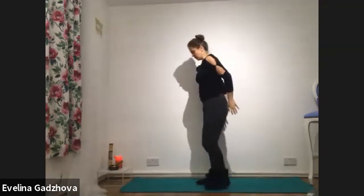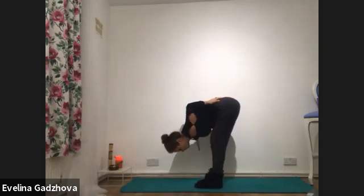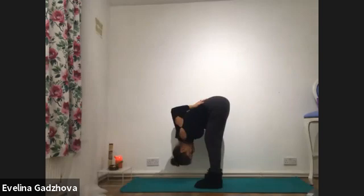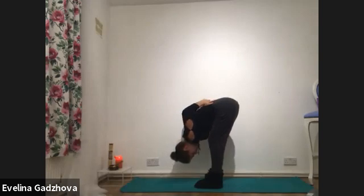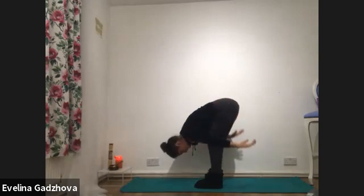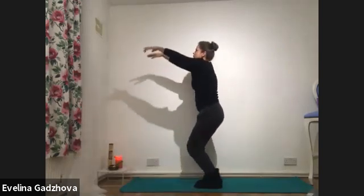Good. Place the arms on your lower back and come into a forward fold. Squeeze the elbows together. Again, you can keep the knees bent. Deep breath in and out. On your next exhale, release the arms down, sweeping the floor, bending the knees to come all the way up